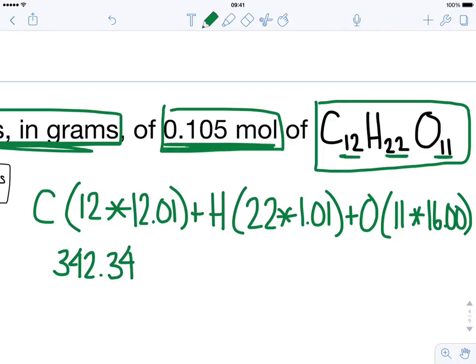Now, if you put all this into your calculator, you should get an answer of 342.34. Now, in the previous section, we would have just written AMU as our unit on this number, but we're not going to write AMU. Instead, we're going to write this number as grams per mole. So what we are actually saying here is that there are 342.34 grams of